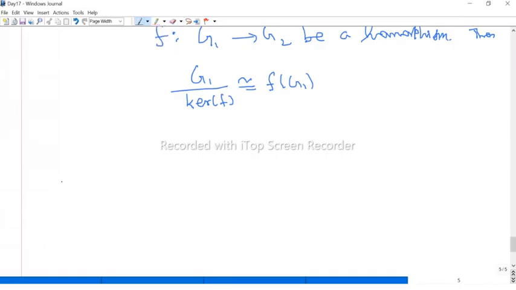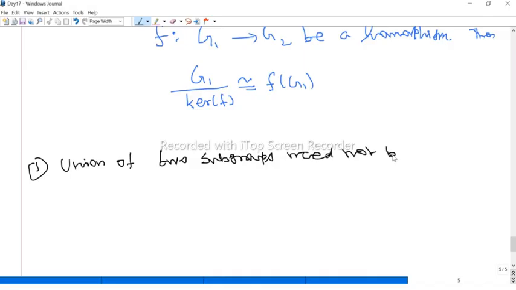Maybe I can write here, the results are: the product of two subgroups need not be a subgroup. Again, the union of two subgroups need not be a subgroup, but the intersection of two subgroups is a subgroup. So maybe I can write here, union of two subgroups need not be a subgroup. So when is the union of two subgroups a subgroup? When one subgroup is contained in the other subgroup. Maybe you can write the statement: union of two subgroups is a subgroup